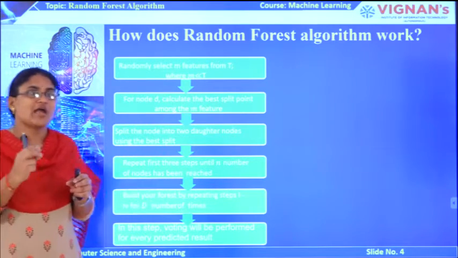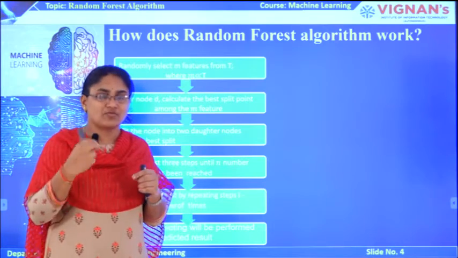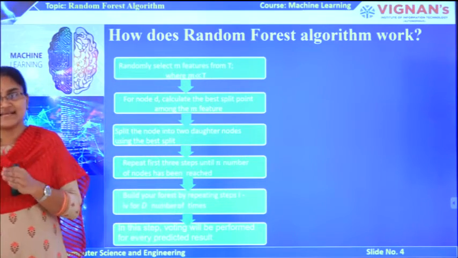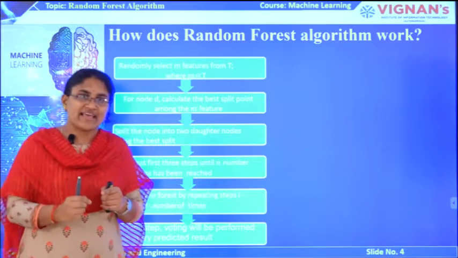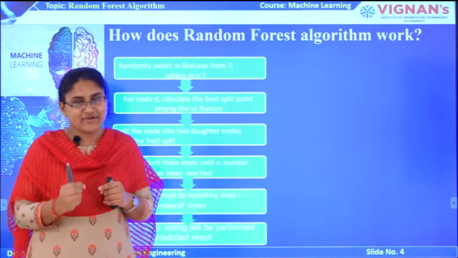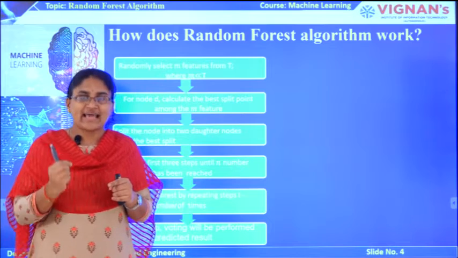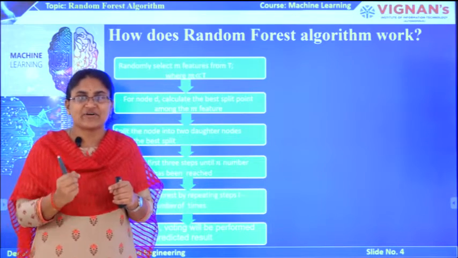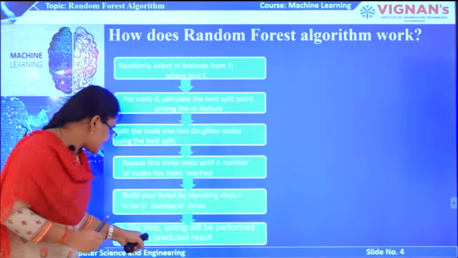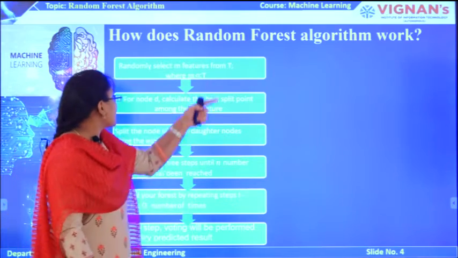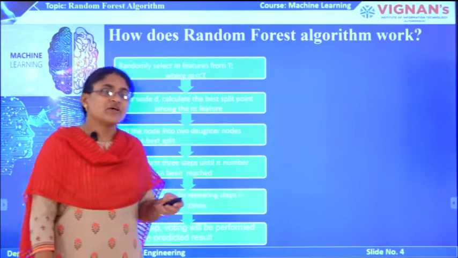After completion of all the decision trees for our model, finally we make the predictions for all the decision trees, and then we apply the maximum voting classifier or the average method for finding the more accurate predicted result for our final model, which is done in our 6th step. In this way, the random forest algorithm works.